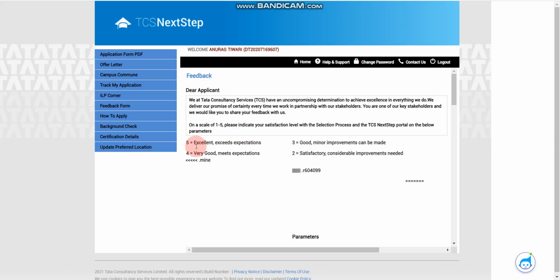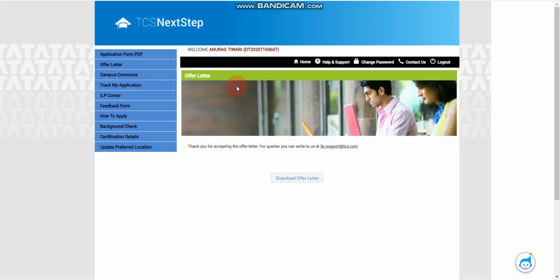Now the next important question is, if you accept the offer letter, is it compulsory to join TCS? Is it legal or illegal? So the answer is no, it's not compulsory. If you accept the offer letter, it's totally up to you whether you want to join TCS or not, because till now you didn't sign any bond yet.